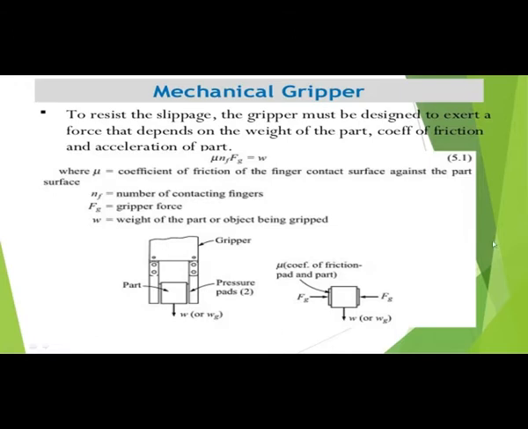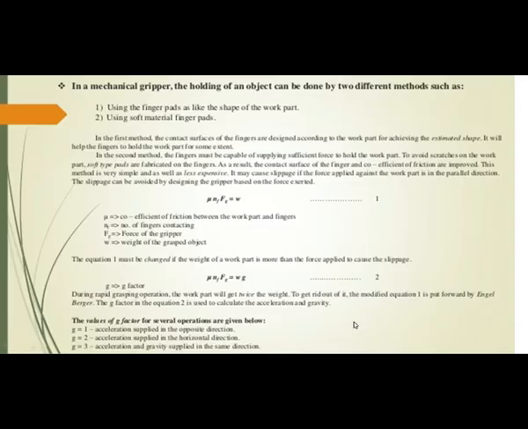In this figure, forces against the part are parallel to the finger surfaces, tending to pull the part out of the gripper. Here this is the part and the gripper pads. So Fg is the gravity force, here weight is W, and then mechanical gripper have the holding